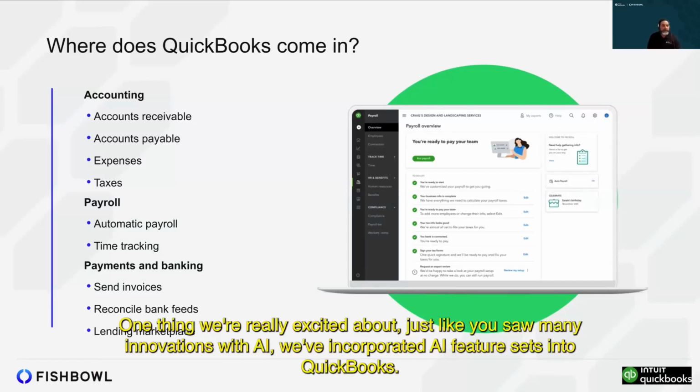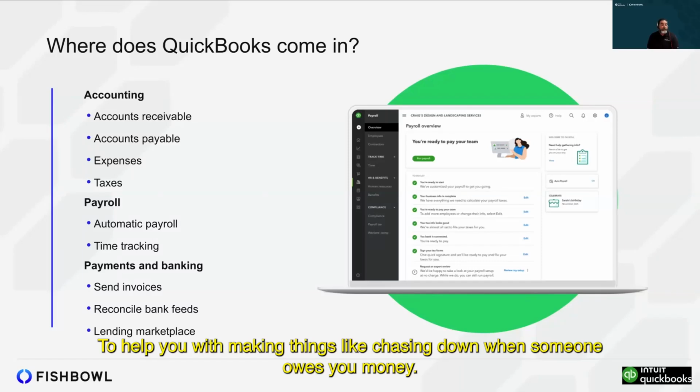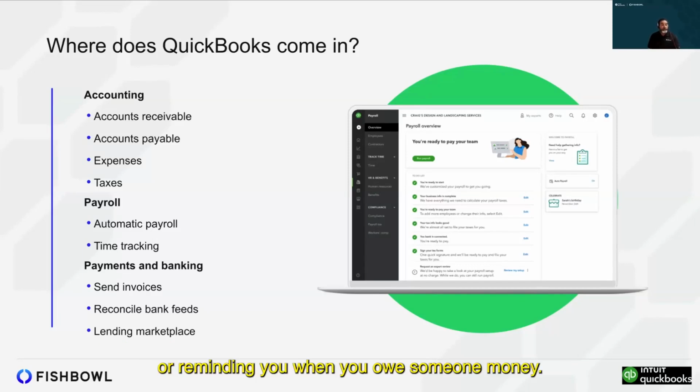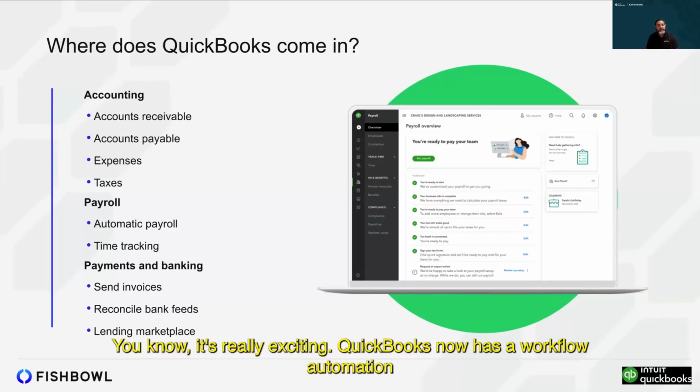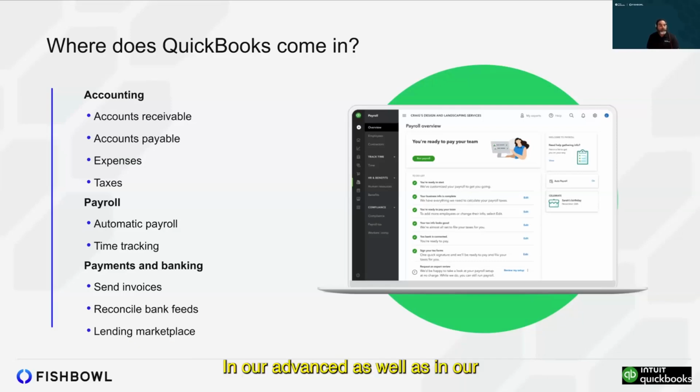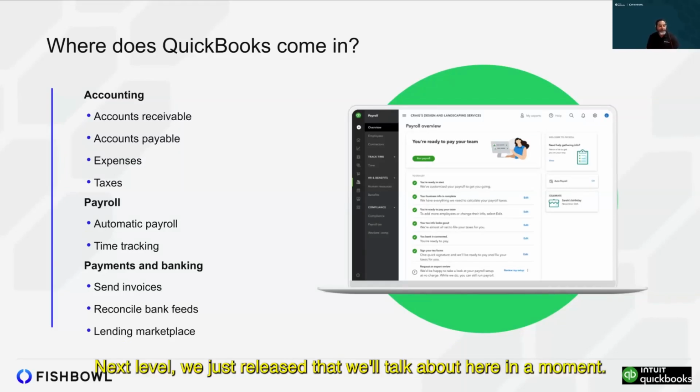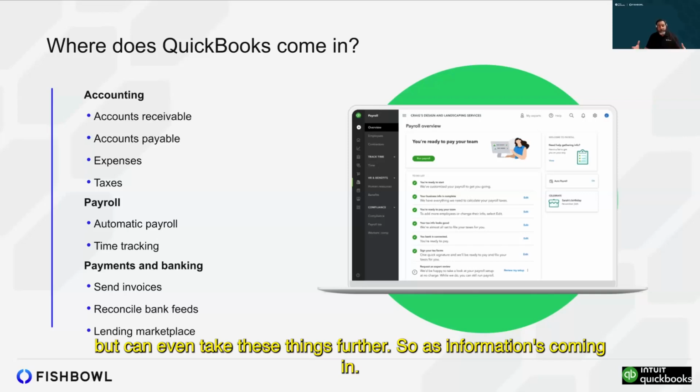One thing we're really excited about, just like you saw many innovations with AI, we've incorporated AI feature sets into QuickBooks to help you with making things like chasing down when someone owes you money or reminding you when you owe someone money. It's really exciting. QuickBooks now has a workflow automation in our advanced as well as in our next level we just released, that we'll talk about here in a moment, but can even take these things further. So as information's coming in,